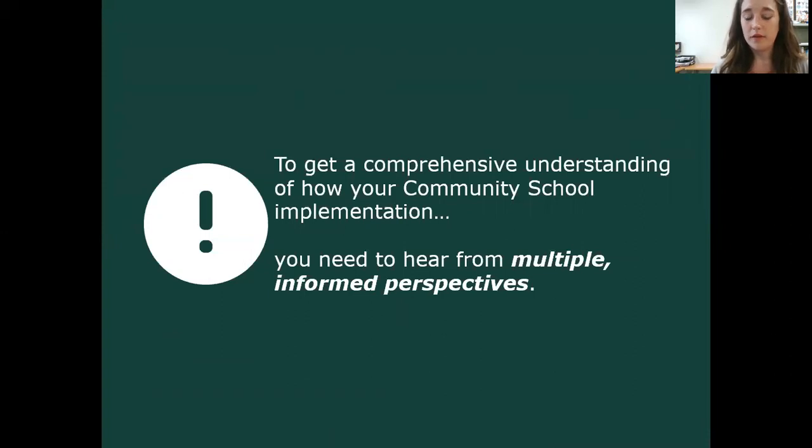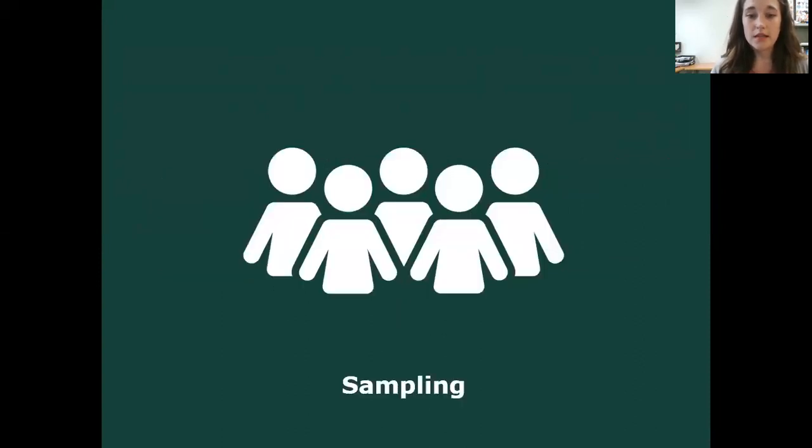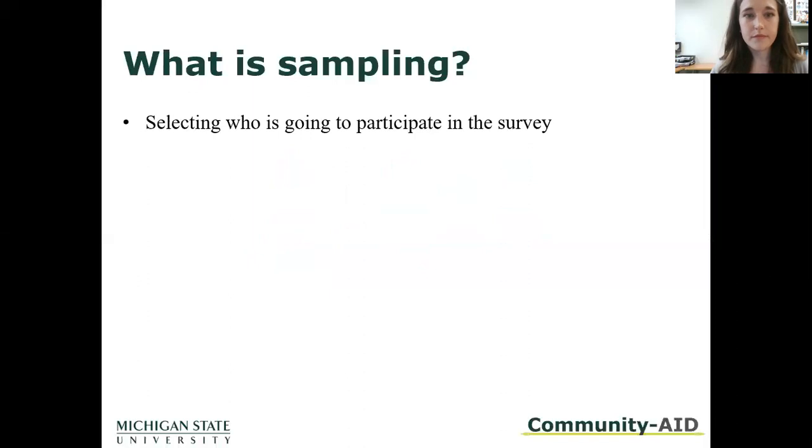So that's going to be an important theme of this evaluation component and every other evaluation component that we do. And the term for how you select who is going to be taking that survey is called sampling. So what is sampling? It's selecting who's going to be participating in the survey, or who's going to participate in the CSSA. And again, these are things that I've talked about before, and I don't want to belabor the point